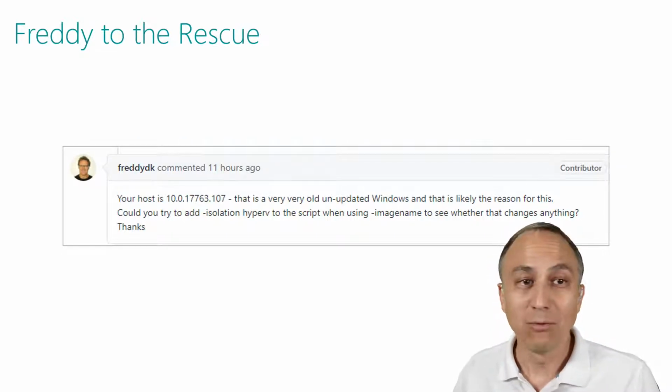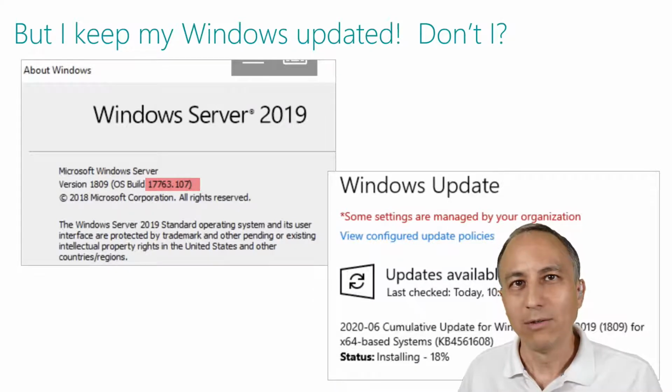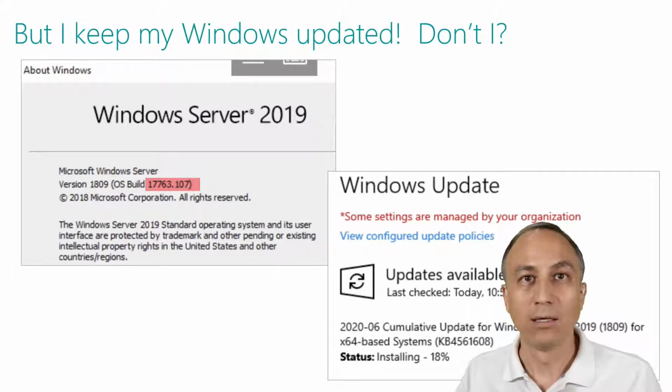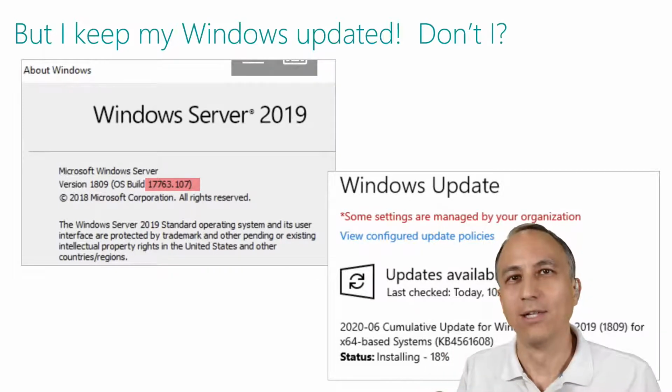Well, I thought, okay, he found that number, so let me go check. And what do you know? I went into my Windows server that's running Docker. It's a VM, but it's Server 2019, and I thought I'm on build 1809. Isn't that current? Well, it turns out it's version 1809, but if I look at the build number, there's this